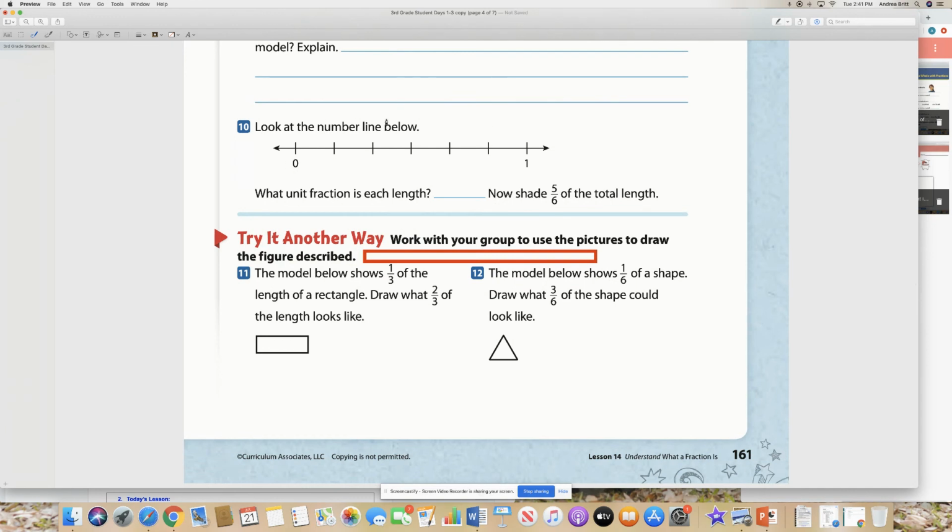For number 10, look at the number line below. What unit fraction is each length? This is super important, being able to do fractions on a number line. So what you have to do is, this is 0 to 1. This is just like having a shape here. And this is the beginning of the shape at 0, and this is the end of the shape at